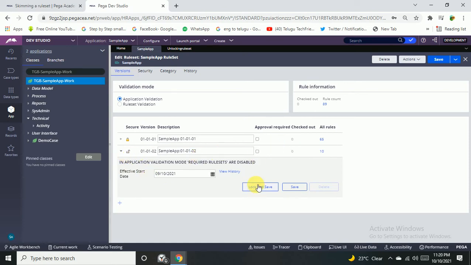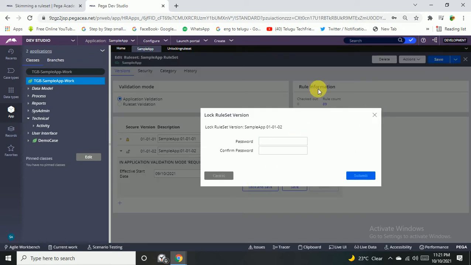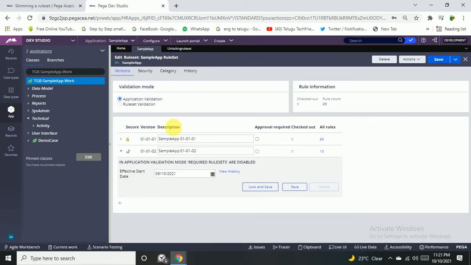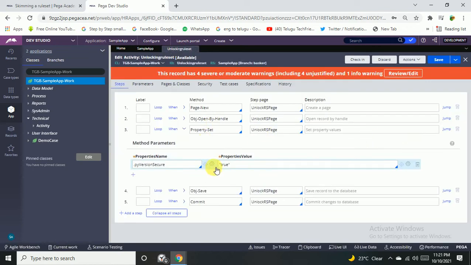Okay, fine. Now what you have to do, if you want to set the password, you want to make it locked as well, you want to set the password from the activity. Then how? If you want to set a password, use true, then it gets locked. I mean, that rule set gets locked if I use true, fine. So if I want to set a password, I don't want to take the previous default password which is 1 2 3, I want to take it.